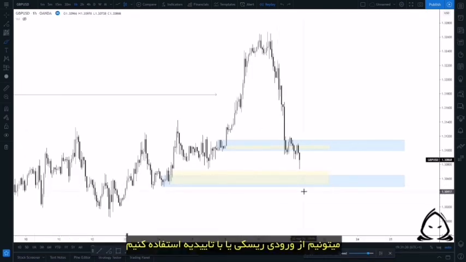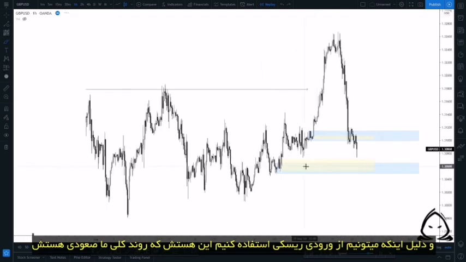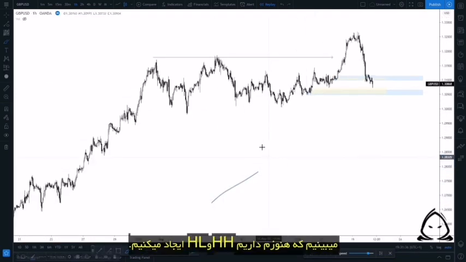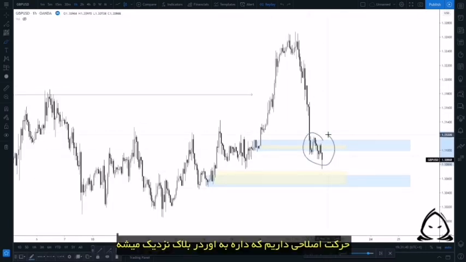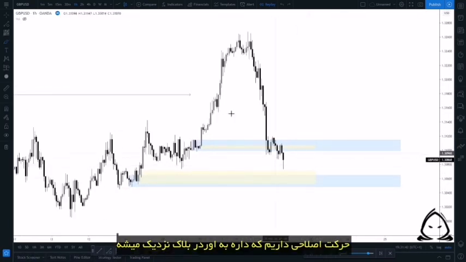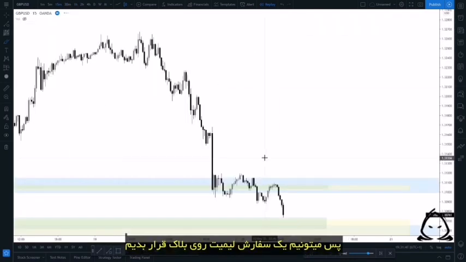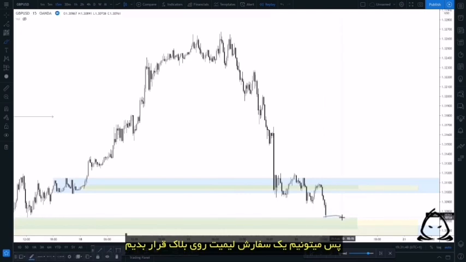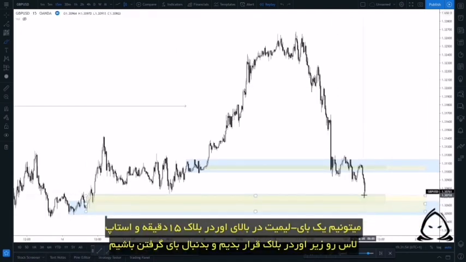We can either use a risk entry or a confirmation entry. The reason we could use a risk entry in this case is because our overall trend is bullish. We can see that we are still making higher highs and higher lows. We have corrective price action moving back into that overall block, and we've been able to refine it on the 15-minute. So what we could do is put a pending order on the 15-minute block with a buy limit just above and the stop just below